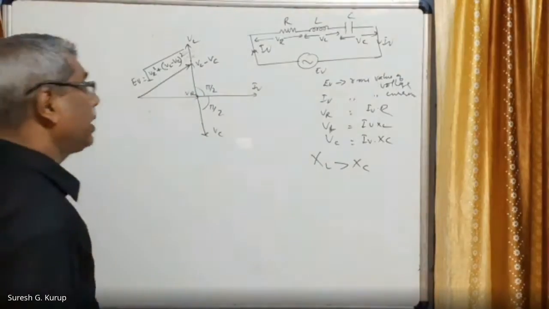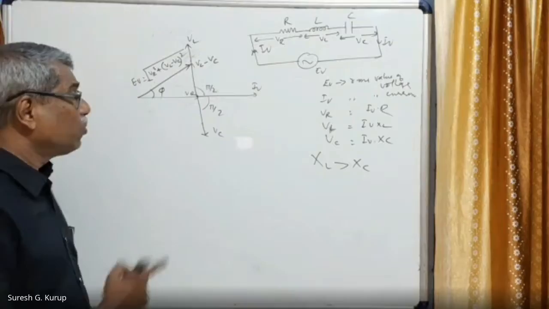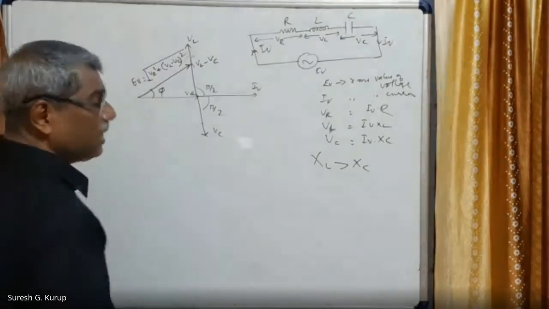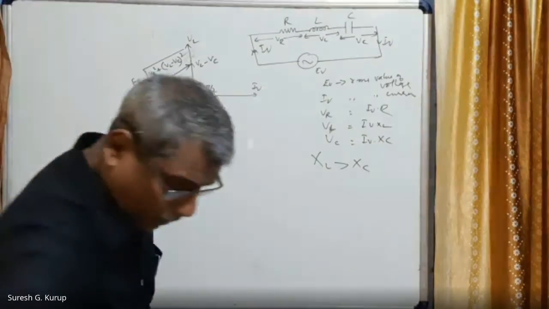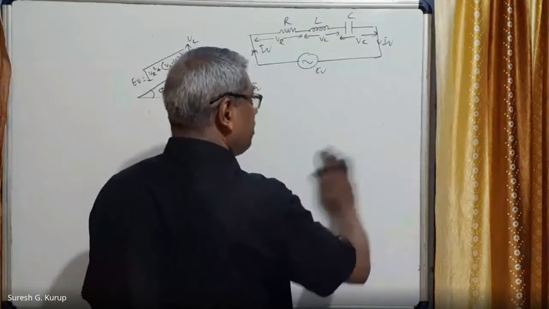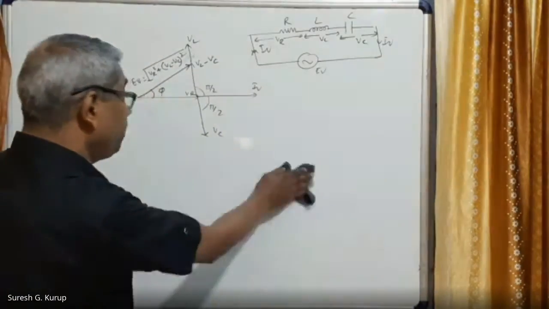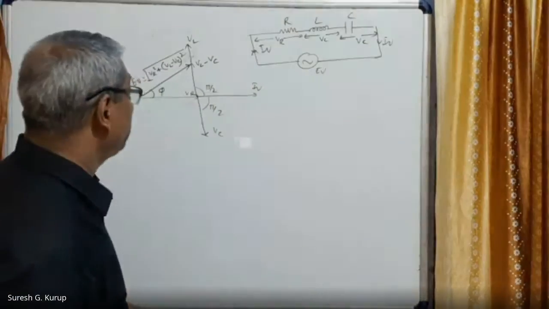Okay. So from the phasor diagram, we can say this is phi. So from the phasor diagram, what can we write? All these things I am just removing from the board because I don't have much space here. This is a very small board. I have to write so many things, right?